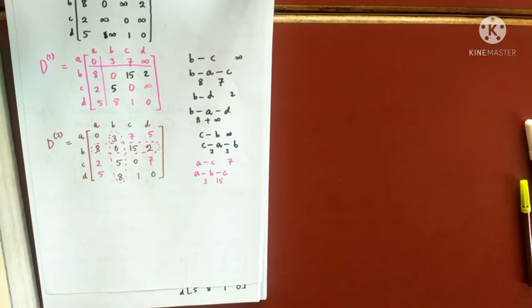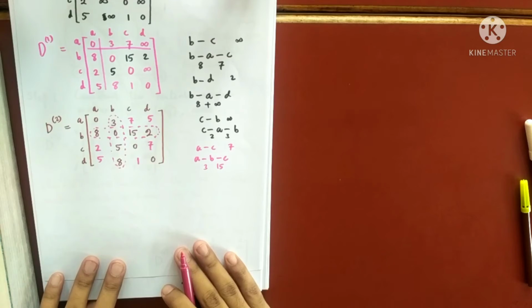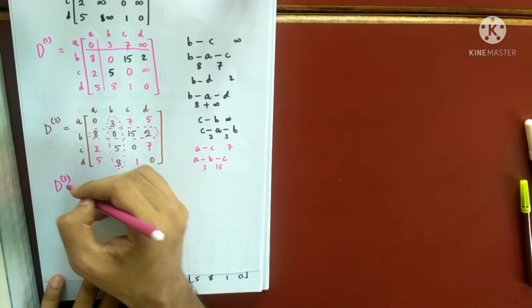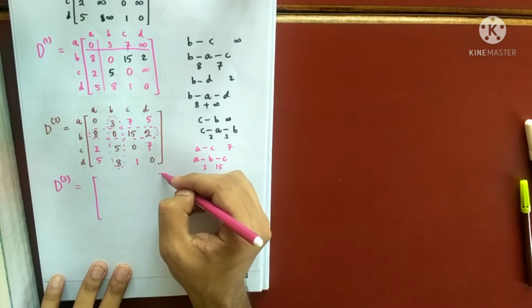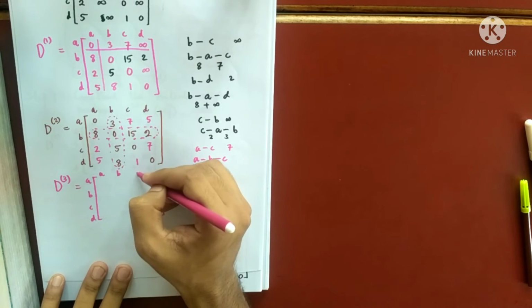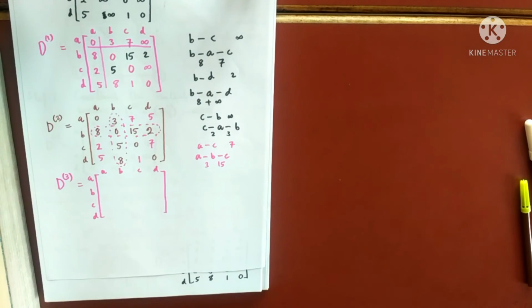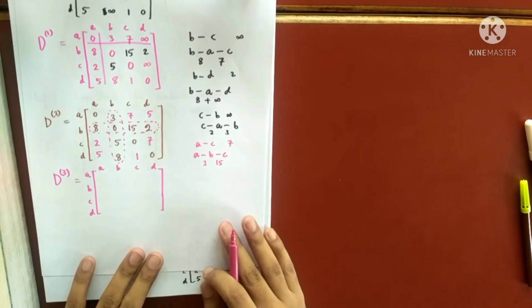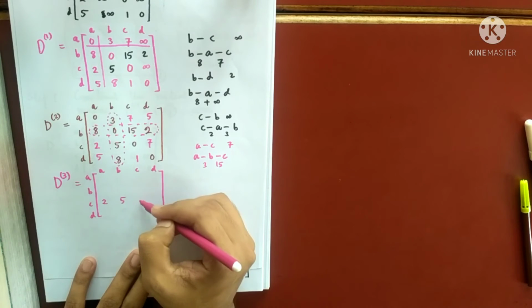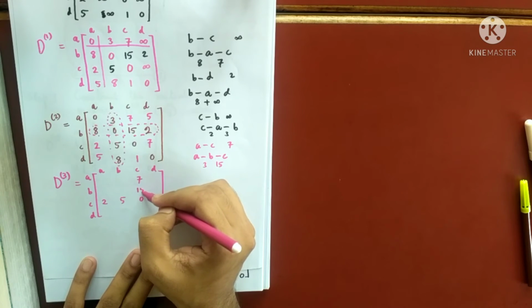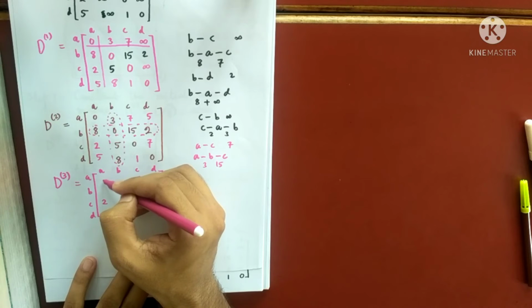Now let's construct similarly D3 and D4. Okay. So what is the matrix D4? Or sorry, D3 firstly. So for D3, I only need D2 matrix once. So A, B, C, D, and B, C, D. Right? So very quickly let's do it. So what we'll do? So third row and third column will remain fixed. So 2, 5, 0, 7, and third one 7, 15, 0, 1, and this all will be 0.